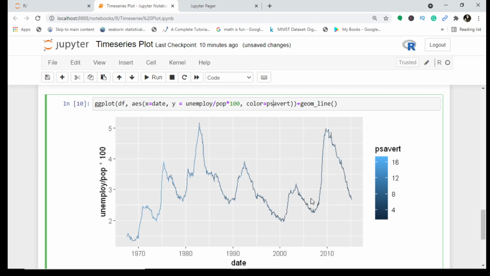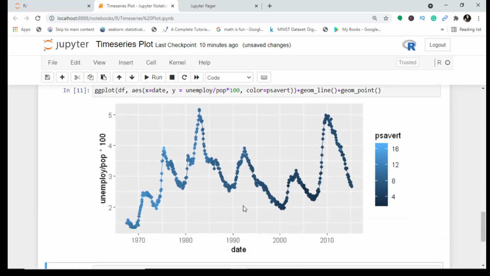But here I see that there are darker colors. That means savings reduce when your unemployment rate is high. So that logically fits in. But how do I plot it here? I just add one more thing to make it more aesthetically appealing, and derive more meaning, so that my plot speaks more than my words. I add some points over this line, so that it tells me it's more clear.